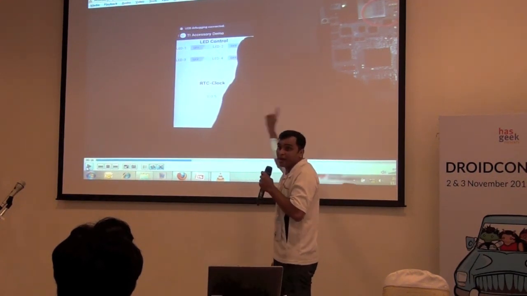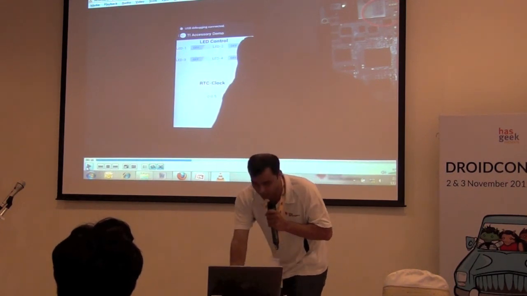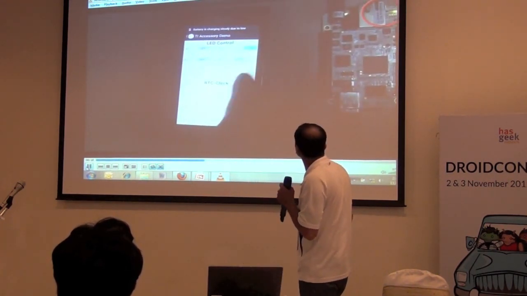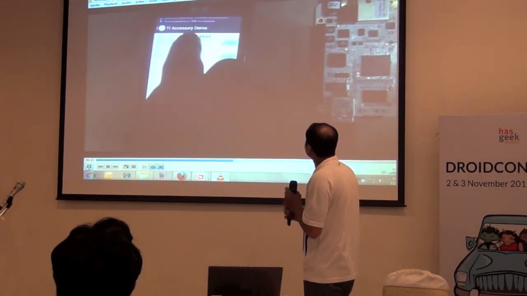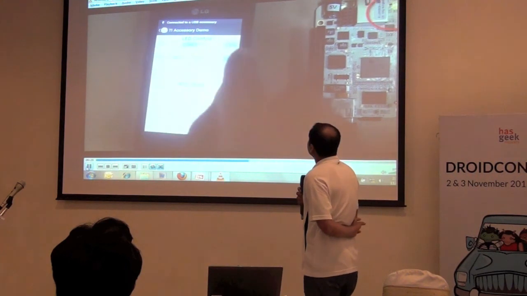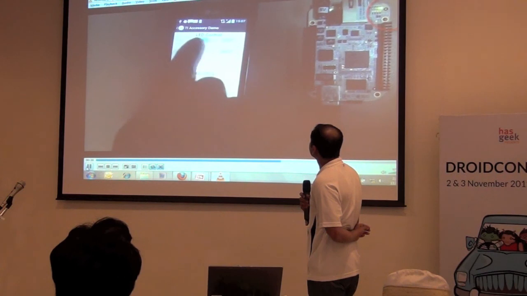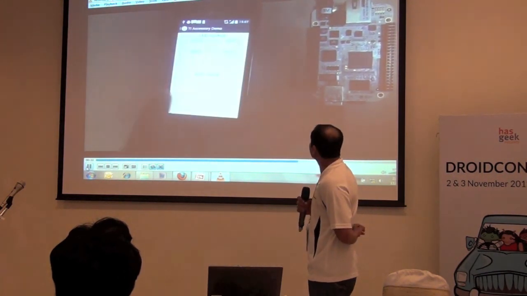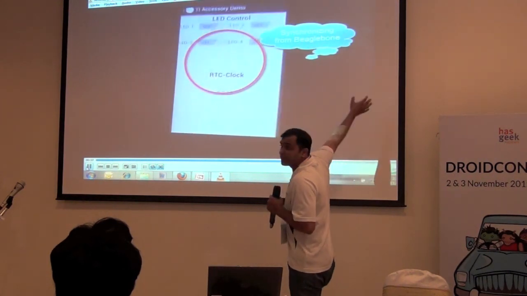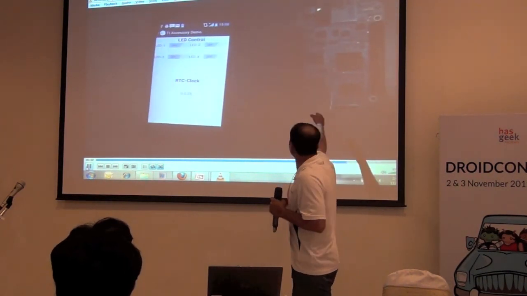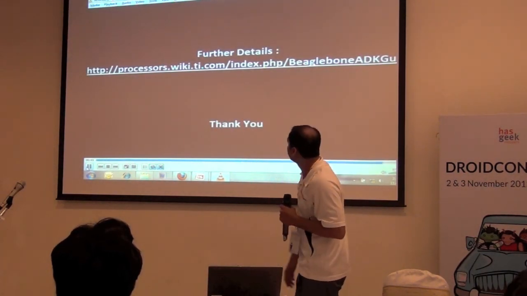So it shows bidirectional read and write communication, and the capability of the APIs. It shows the RTC clock synchronizing from that board. So it shows two-way communication. Clock data is sent from the accessory and control data is sent from the phone.